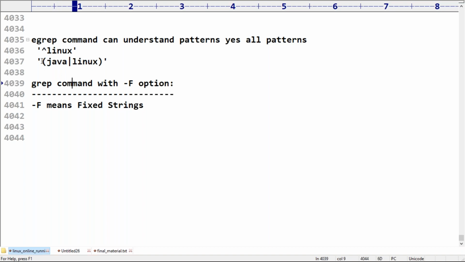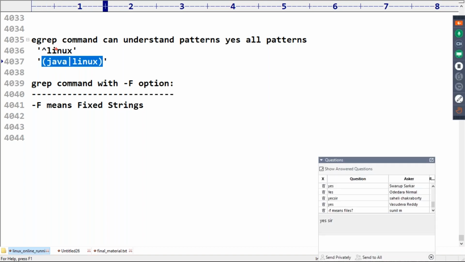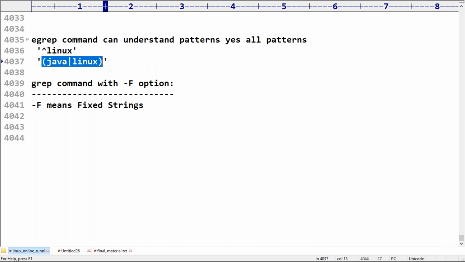Why specify them in pattern form? Because if I specify them as a pattern, it has to be processed by the command, which means some performance issues will come.